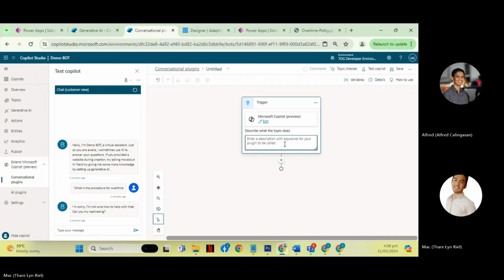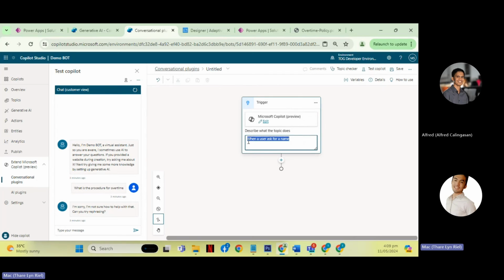So it is natural language, you need to put natural language here, and Copilot will try to understand it. So if we put, when a user asks for a name, instead of putting up phrases, you'll describe what the trigger is.